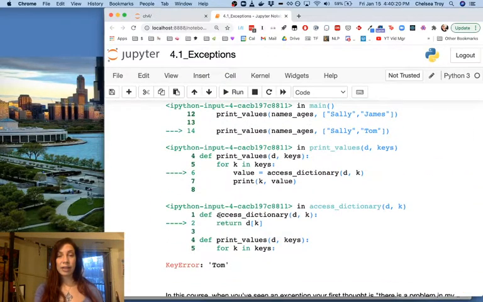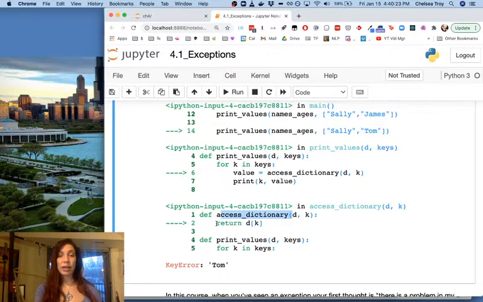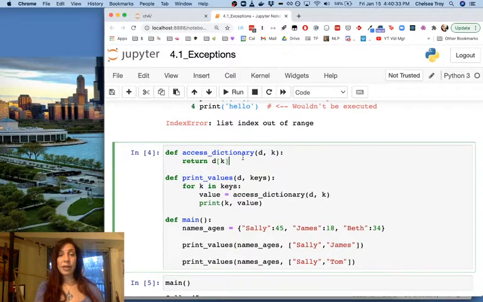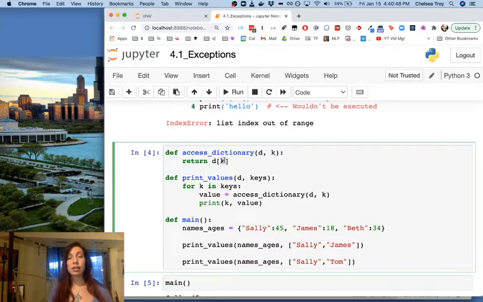And finally, inside of access dictionary, it says that that line, return d with the key of k, is where we got our key error. That is, here, this dictionary was passed in right there, and a key, namely this one, was supposed to be accessed right there,